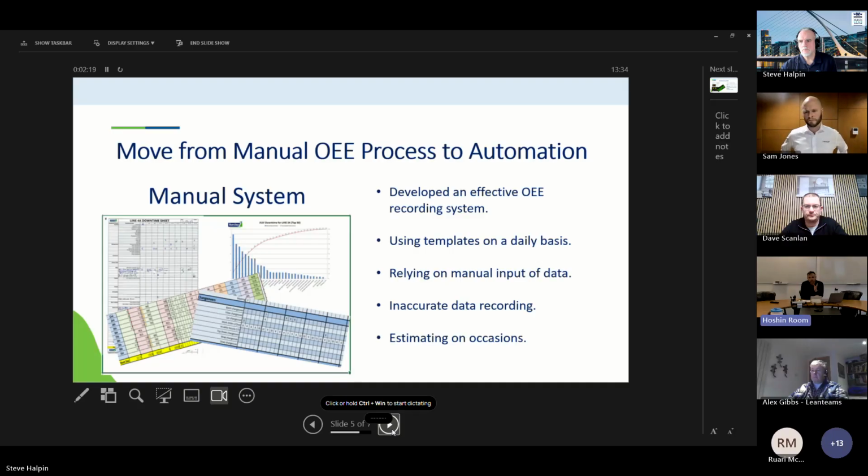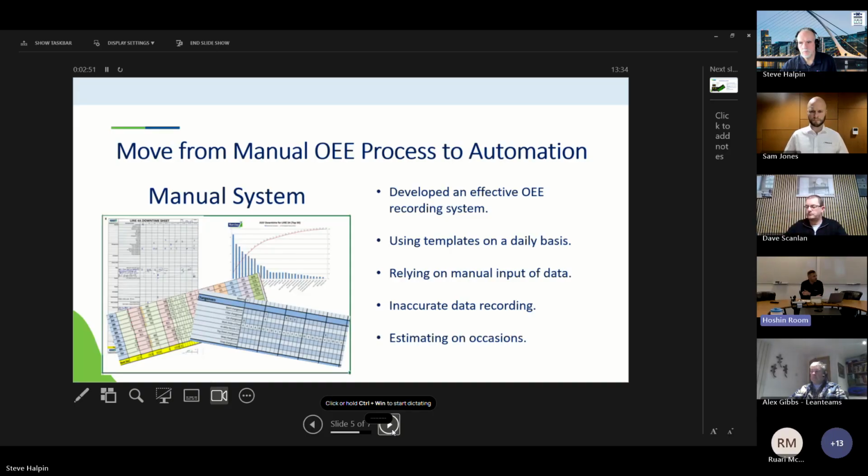We had a manual setup here. You can see there, it was printed-out templates. It was spreadsheets with formulas built in, which Dave and Sam have spoken about: your availability, your performance, and your quality built into the background. But we were using templates on a daily basis, and we were relying on manual input from the operators on the line. Now, the guys were going busy about their day. You might have a stoppage on the line, but you were relying on them to go back and manually make